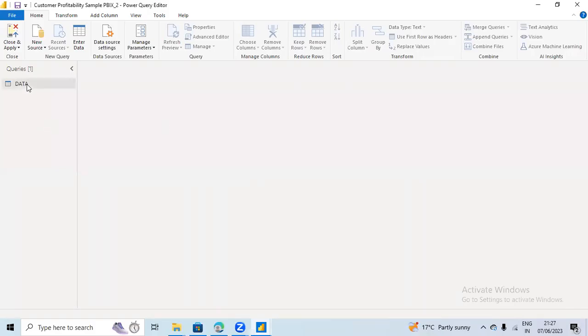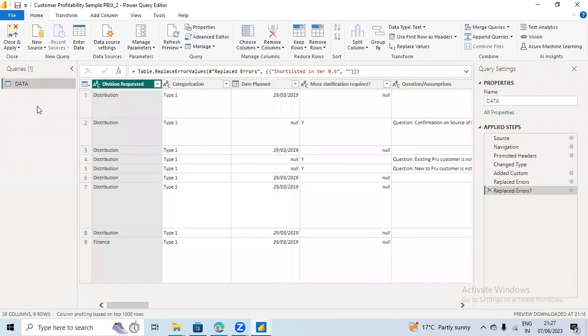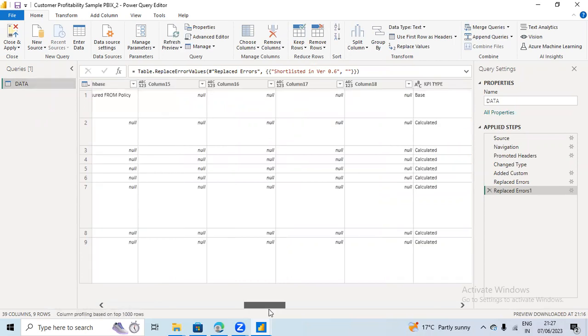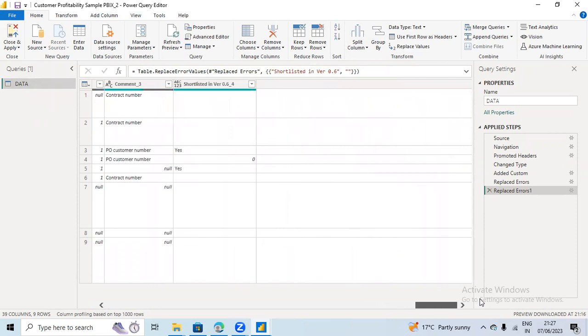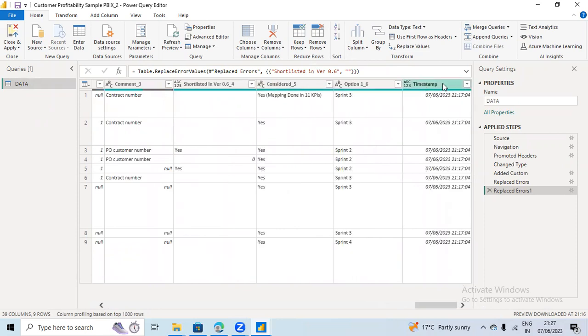Hi everybody. Today's session is actually in Power BI, wherein we want to create a timestamp to differentiate between the current and the historical data sets. So in order to do that, I've taken a sample data set, and at the end of the data set, I've created a timestamp column, which basically uses an inbuilt function in Power BI, and that inbuilt function is the